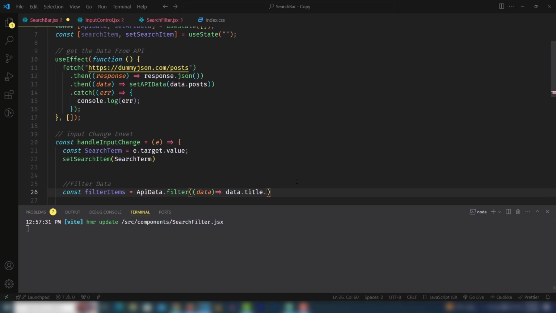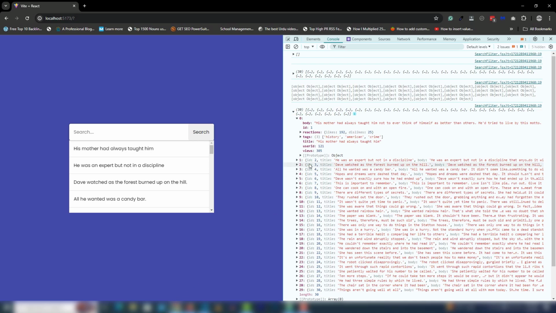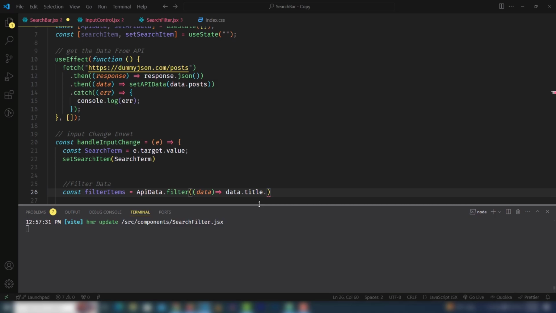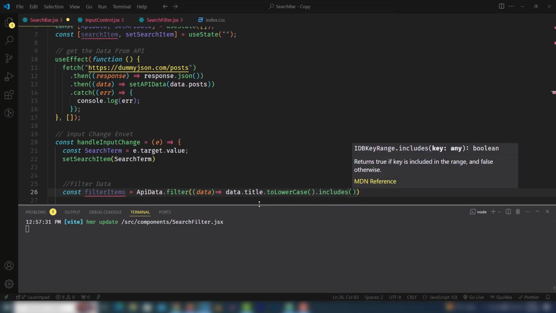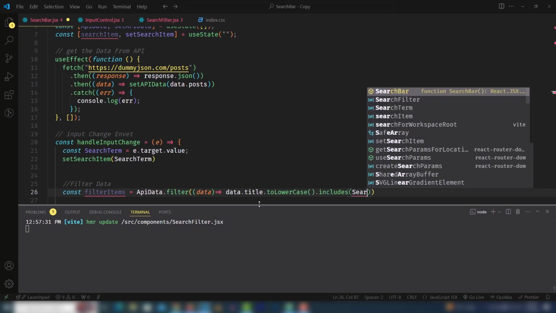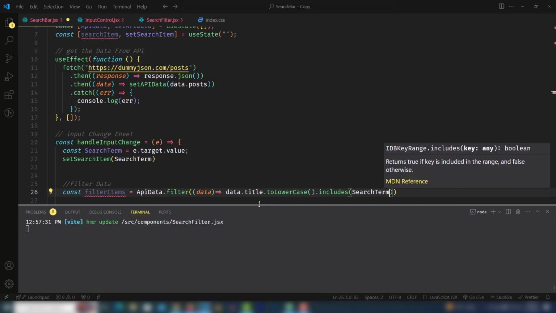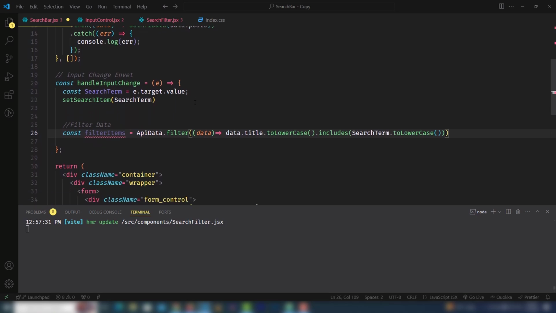Data. When you use the API data, it will be converted by the data value. So in the data variable, you can use the data title. It means you can call this one the API title, right? So let me add the toLowerCase function, then includes, which checks which value you will use. So I'm going to use search term like this one, that toLowerCase. Once you add it,